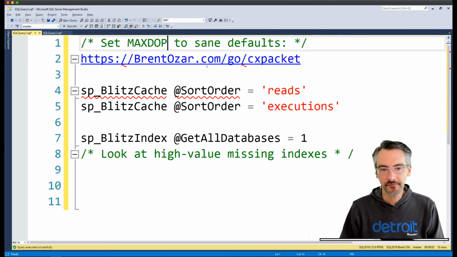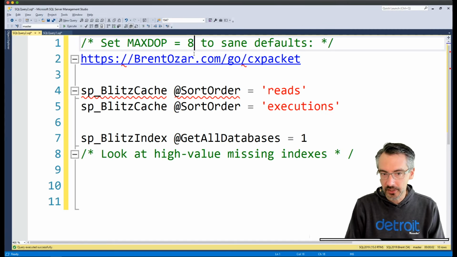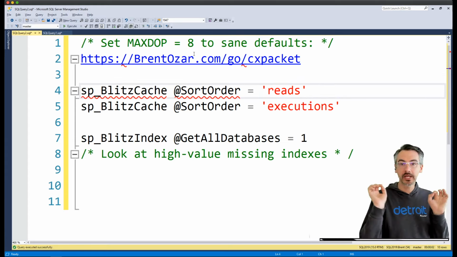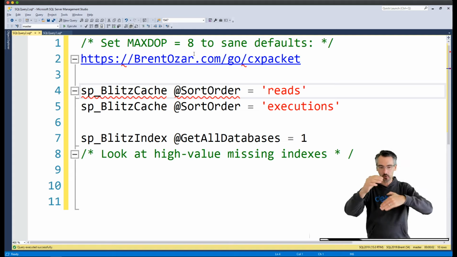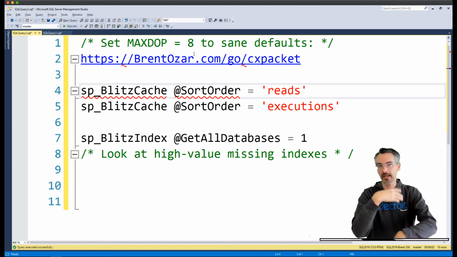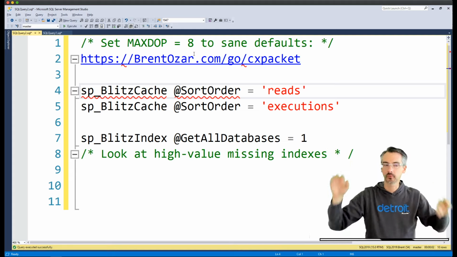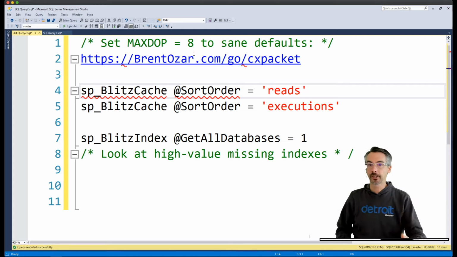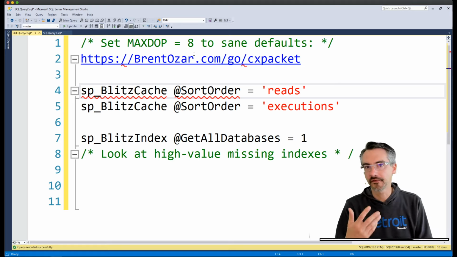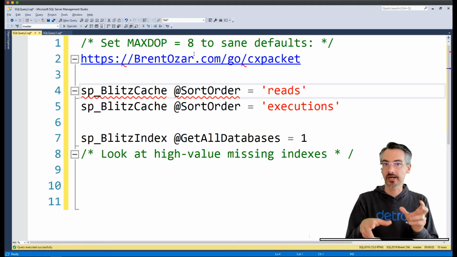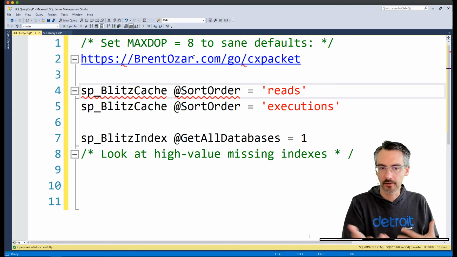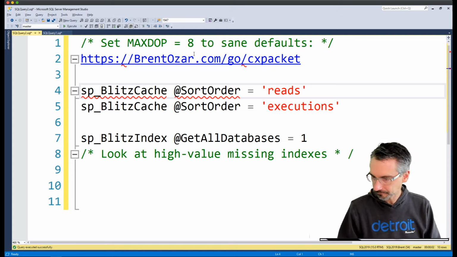So now, after you do that, I'm going to say 8 in your case. After you do that, what's on the screen here is picture perfect for you. You have a query that's running very frequently and just scanning 8K pages up in RAM. Your storage is fine, your CPUs aren't a problem, but you want to find this query that's running all of the time, scanning memory, and you're going to have a eureka moment going, oh, I just need to tune that one thing and I'm done. Or maybe it's 3 or 4 things.